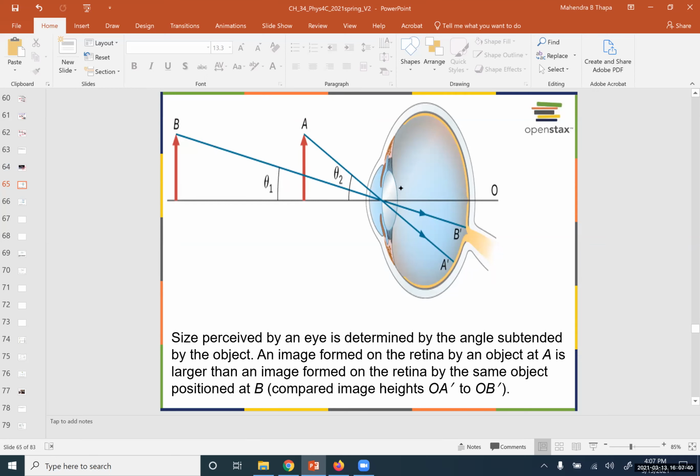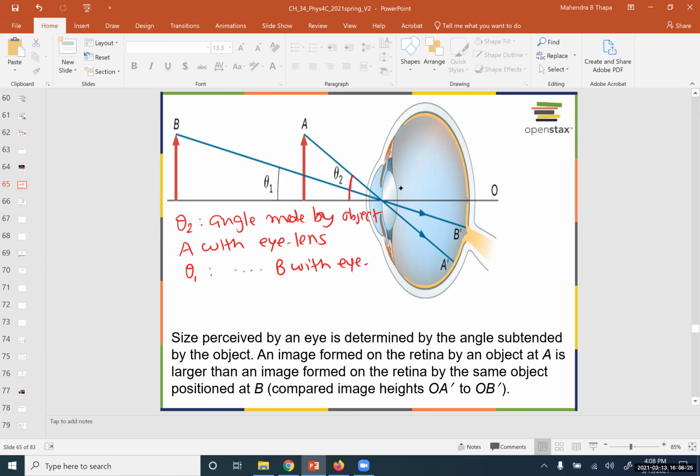Okay, so let's say object A makes an angle θ2 with our eye. So what is this? θ2 is the angle made by object A with the eye. Means basically we are talking about the eye lens. Okay, similarly this angle θ1. So θ1 is the angle made by object B with the eye